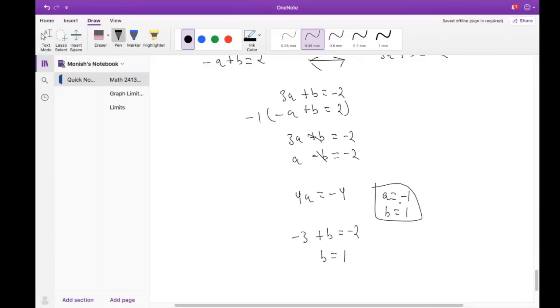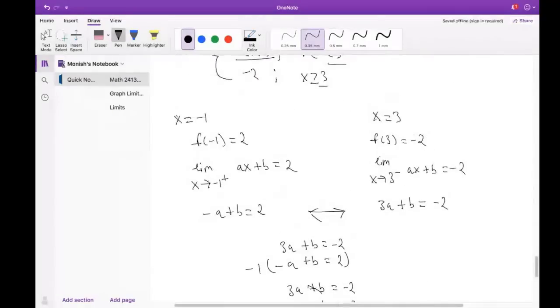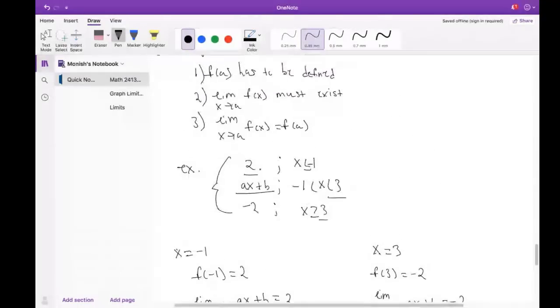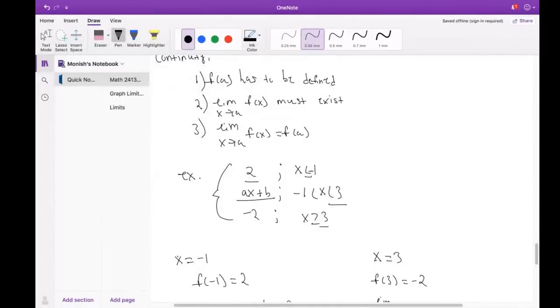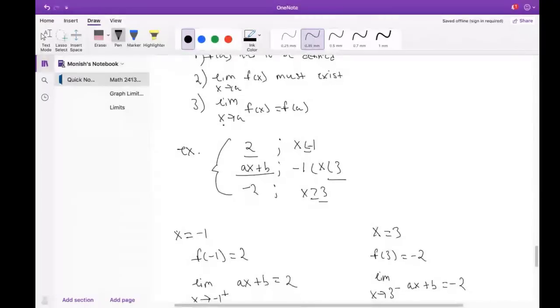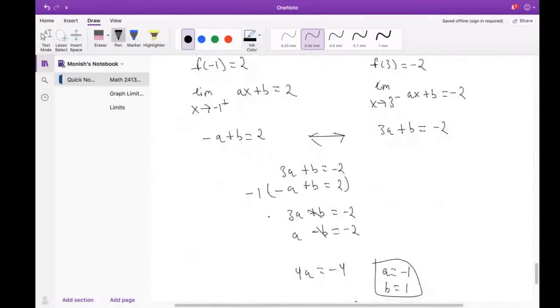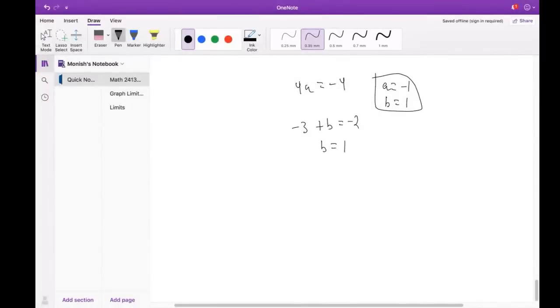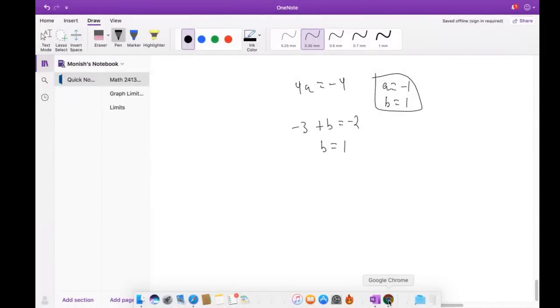Those are the values for a and b that you would need to make sure that this entire function is continuous. And just make sure in your actual work that you show that you know what f of each of these x values is supposed to be, and that the limit as x approaches a from the left is equal to the limit as x approaches a from the right, just so you get full credit for those problems. So is there any question on how I approached that problem and solved it? Okay, then I'll go ahead and talk about